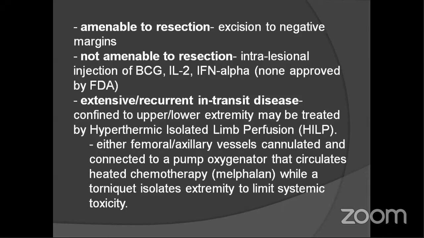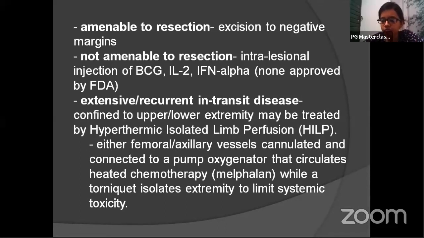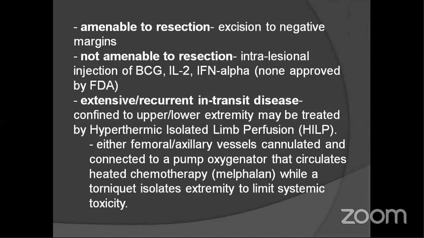Routinely, what ma'am has said, around 1 mm thickness tumors are there, where we go for a simple local excision with primary closure and the lymph nodes are negative. So what would be the survival? It will be almost normal. Yes, sir. If we have surgically negative margins and there is no lymph node metastasis, then it is a good survival value.